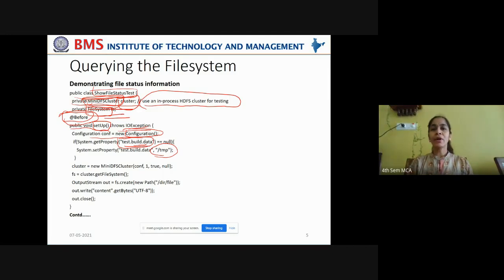What you're doing is retrieving a property and finding out if it is initialized to null. If that property has a null value, then you have to set the property of this test build data to a temporary directory.